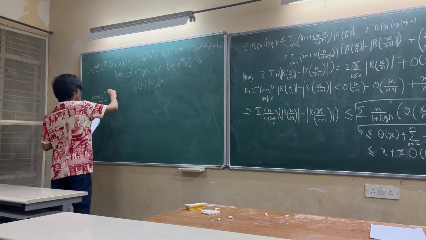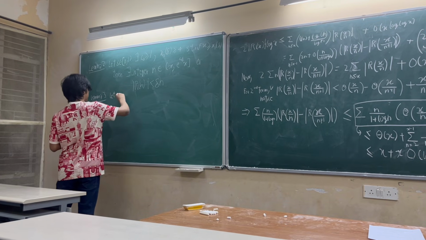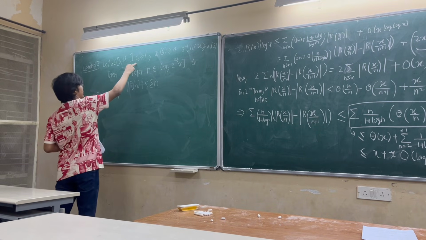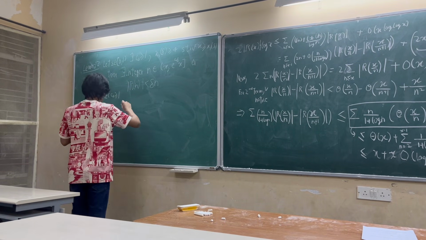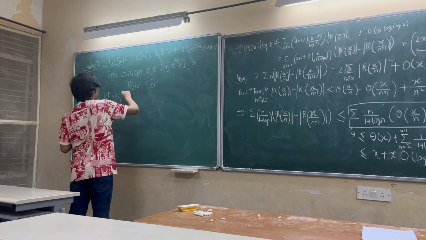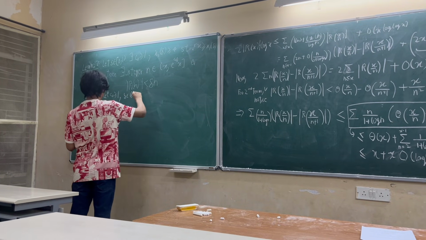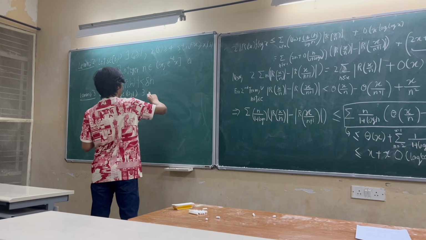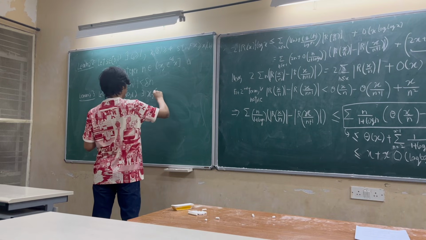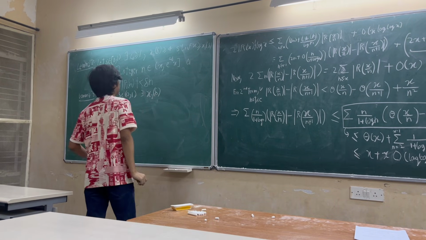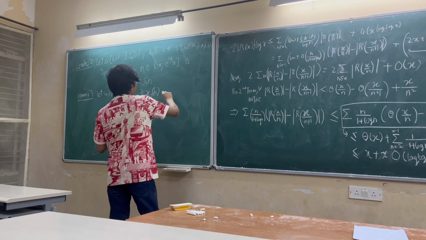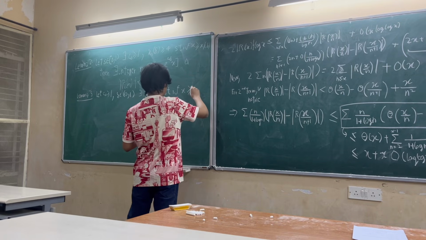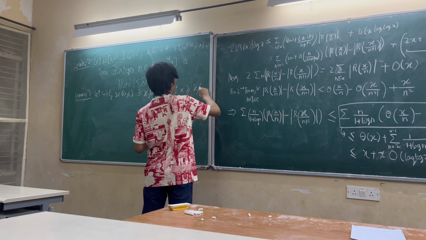This tells you that if you have some c naught greater than or equal to 1, and this is the same c naught as you have in lemma 2, and delta again belongs to the open interval 0 to 1, and there exists some x2 of delta, where again x2 is a real number which depends on delta, such that if x is greater than or equal to x2 of delta,